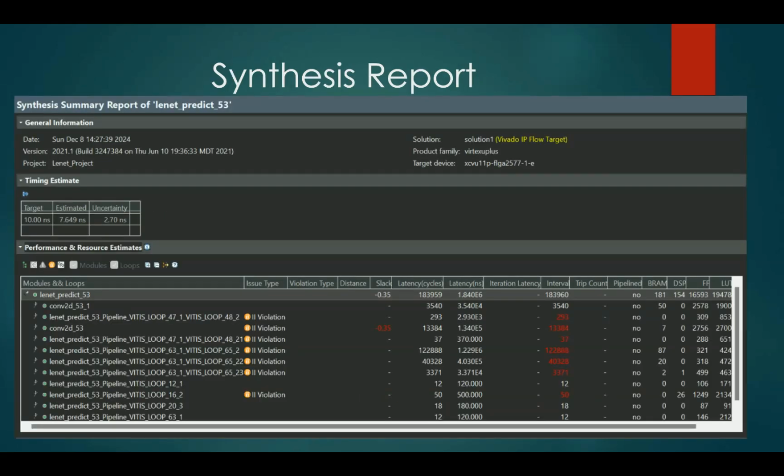After this, let us come to the synthesis report. The synthesis was successful and it achieved a timing of 7.649 nanoseconds. The overall timing is better than the target 10 nanoseconds because of the efficient pipelining and hardware specification optimizations performed during the synthesis. And there is an uncertainty of 2.70 nanoseconds, and this could stem from variations in the synthesis estimates, especially for critical paths involving convolution and fully connected layers, which depend on resource contention as well as